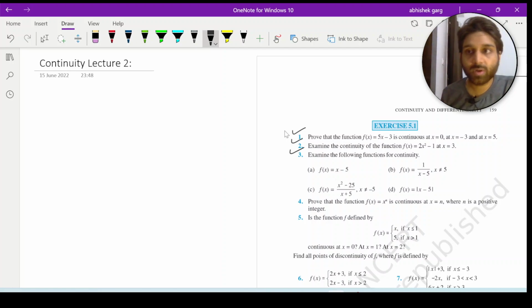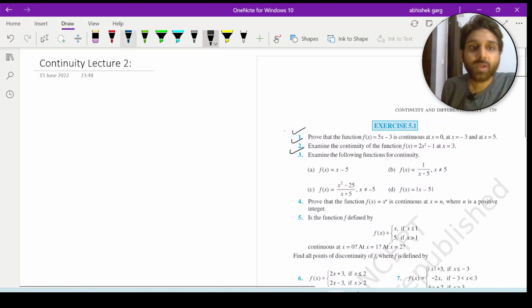All right, so just to remind you, we say that a function is continuous at x equal to a if and only if the limit of that function as x tends to a is equal to the value of the function at x equal to a. In some of the problems, when we might not be able to solve the limit of the function directly, we may have to split the limit of the function into two components. One is the left hand limit and the other is the right hand limit. So we have solved both categories of questions in the previous video, and we'll look at some more categories of questions in this one. All right, so let's start with question number 4.